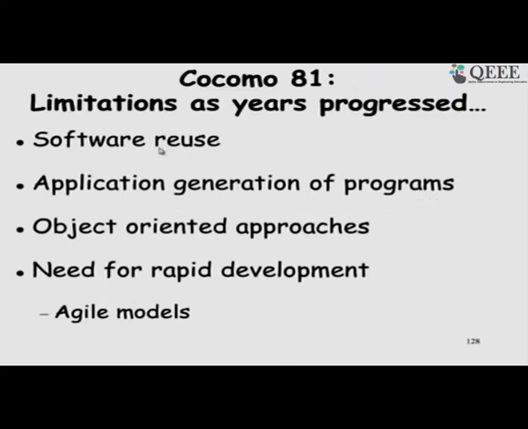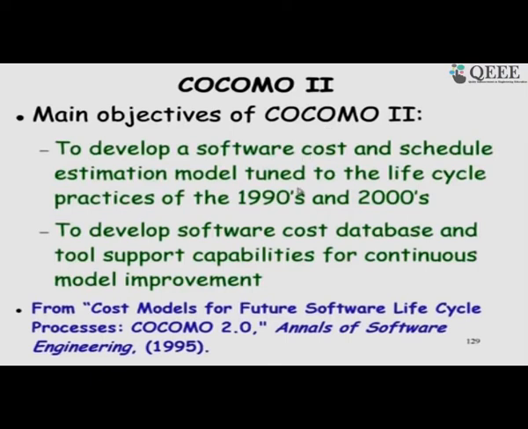So, the changes that were observed were that software reuse was increasing, application generation of programs, libraries and so on, object oriented approaches and agile models etcetera got used, rapid development, and therefore, COCOMO 2 was proposed. If you look at the COCOMO 2 paper written by Boehm, published in Annals of Software Engineering in 95, Cost Models for Future Software Lifecycle Processes, he mentioned that we need to develop COCOMO 2 to have a model for cost and schedule estimation,